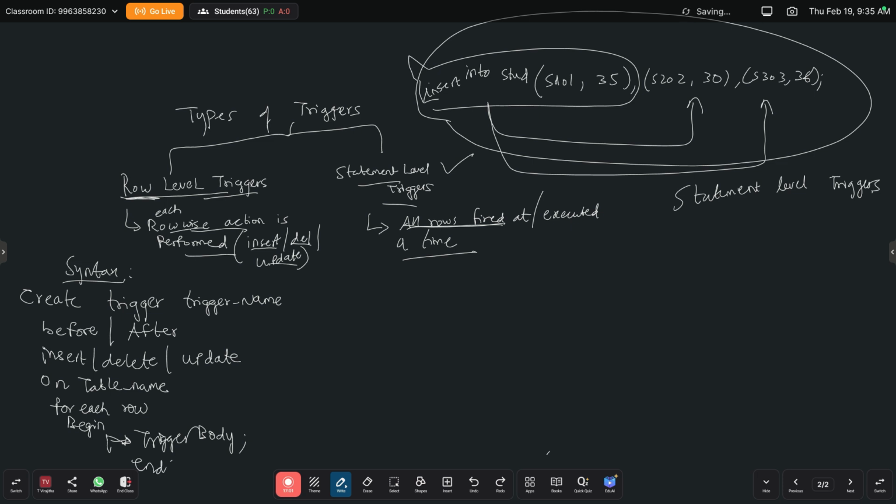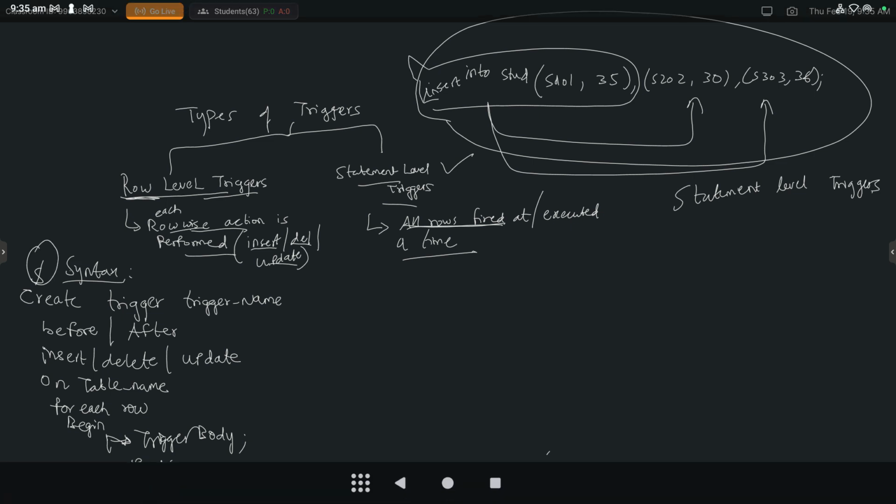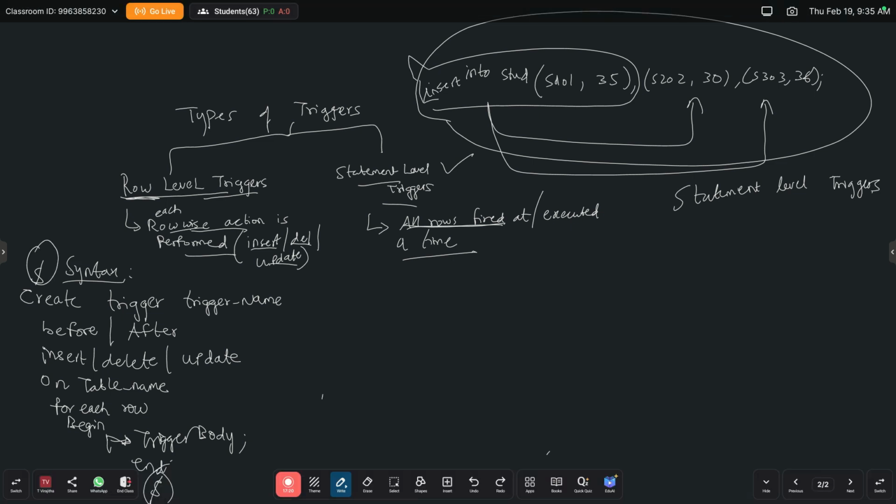In these triggers, you need to end with a dollar. Start of the trigger and the end of the trigger, you can mark with a dollar, which is a must. It means you are starting a trigger and ending the trigger. Clear? So as you are creating the table, same here also you need to create a trigger.